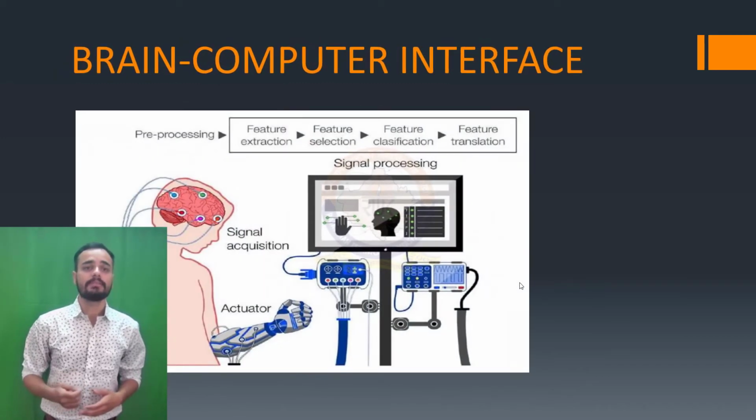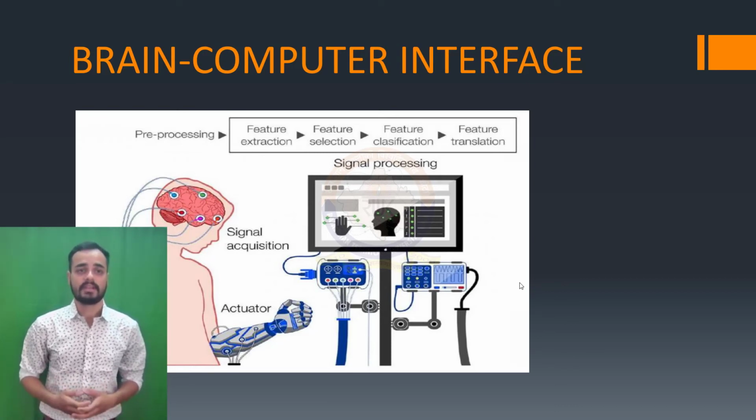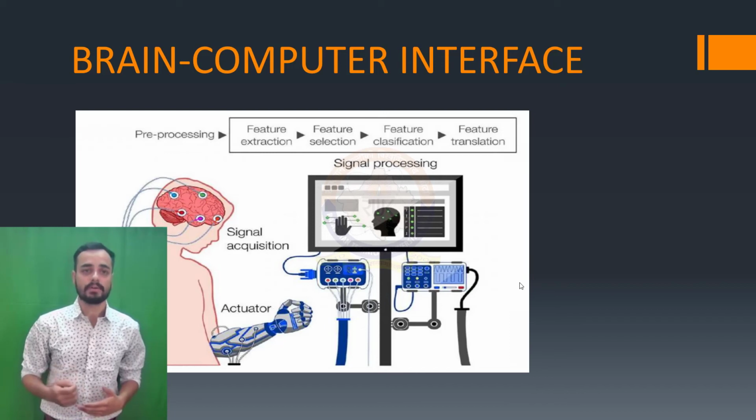Now talking about the technology behind Neuralink is the brain-machine interfacing. As we can see in the picture, a signal acquisition helmet is placed on the test head which consists of several sensors which record the nerve impulses as the user thinks to move his arm. These signals are amplified and transmitted to the signal processing chip which detects, classifies and translates the signal into machine language. These signals then get transformed into command signals for the prosthetic arm, and thus the arm moves as per